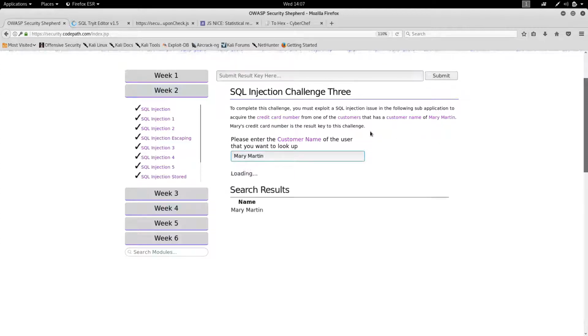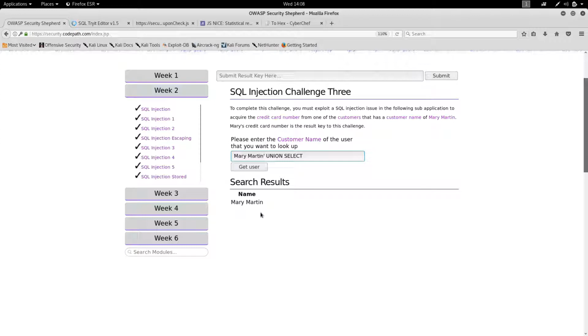So we can look her up and we get her name, but we don't get any more information other than that. So in SQL, there's something called union. What union does, it adds on to the query, so you can stack different tables together and return a bunch of information. So we can use union, and you guys should stop right here, pause the video, go play around with it and try to figure it out, see what works, look up some tutorials online, and you'll figure out that we can do this. We can write union select,